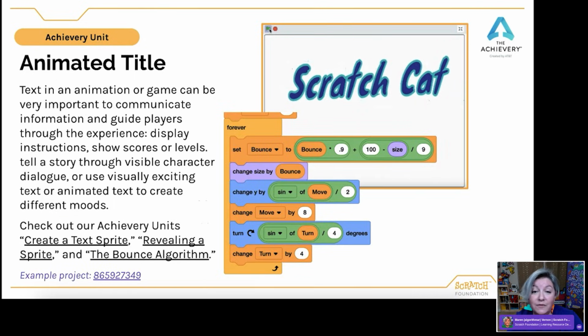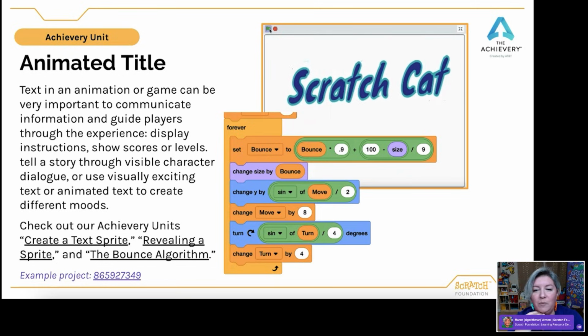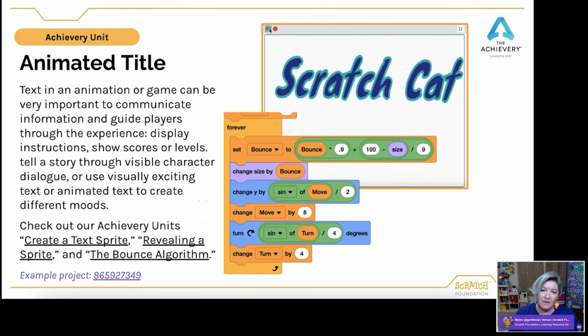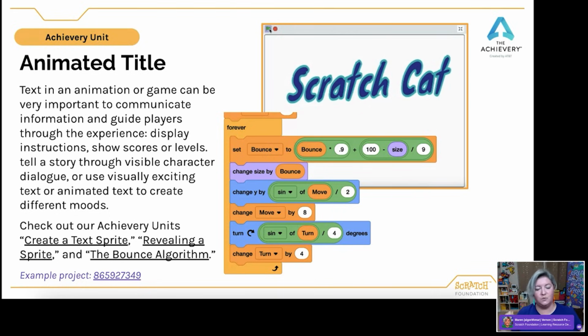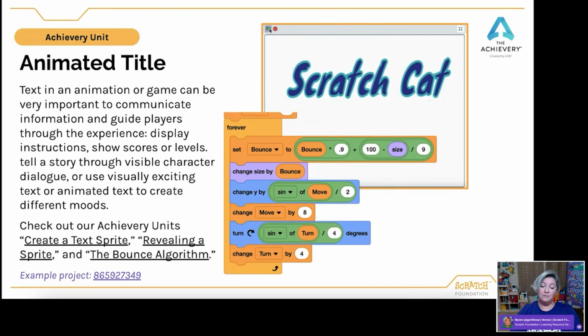And one of those ways is to make a really eye-catching animated text that opens your game screen. Kids are used to these really flashy opening segments for games or movies, right? And I often see Scratchers, this may be the first step. So maybe they're not ready to complete the whole game yet, but they want to create this opening excitement. And so they may create a teaser for their game using really eye-catching text like this.